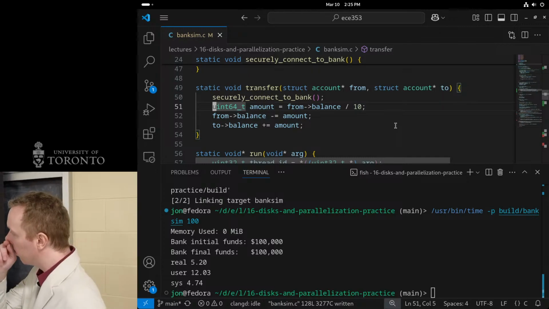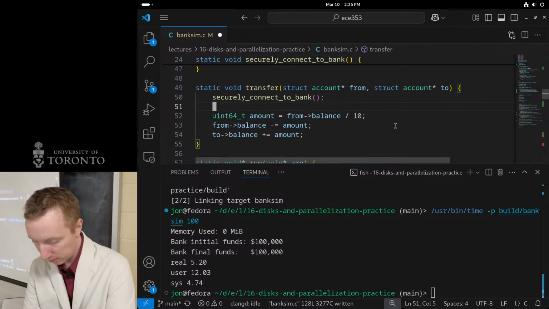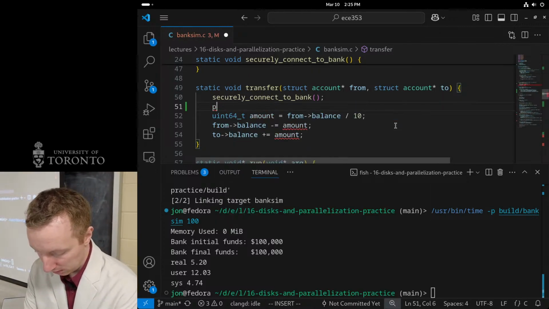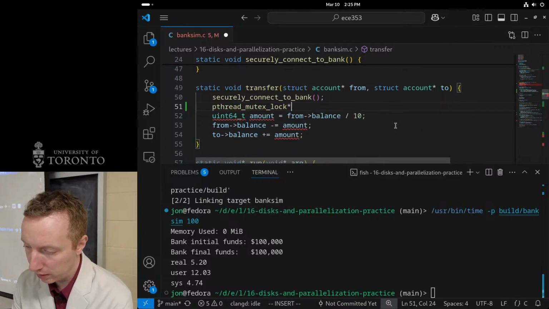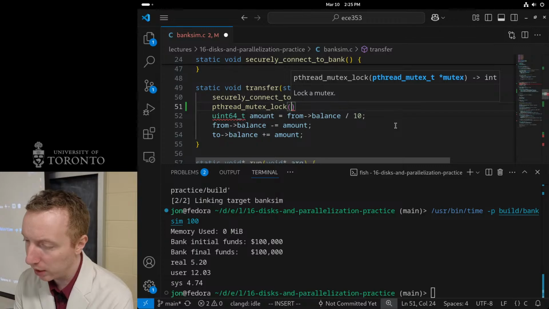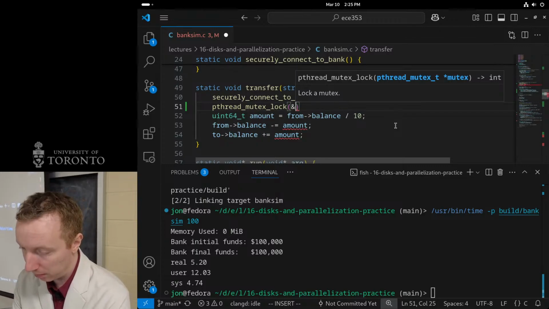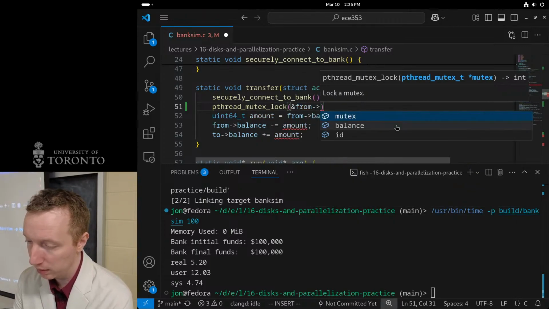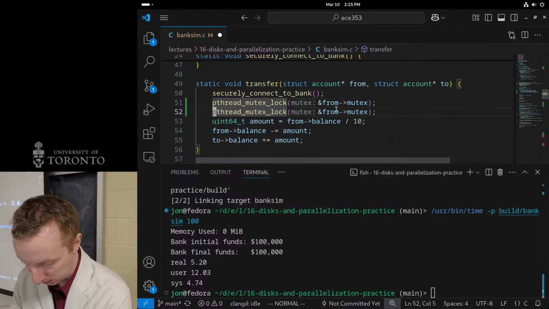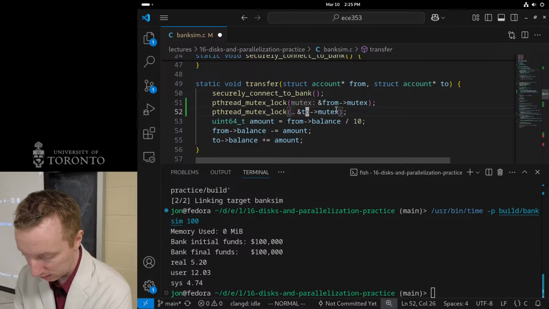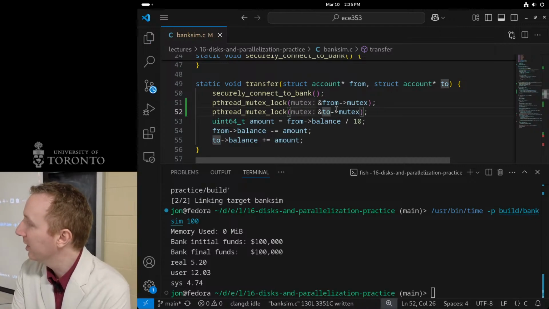Yeah. So yeah, I want to pthread mutex lock. So first one you said I should lock the mutex from the from account. So from's mutex, and then the to account, right? Is that all I need?